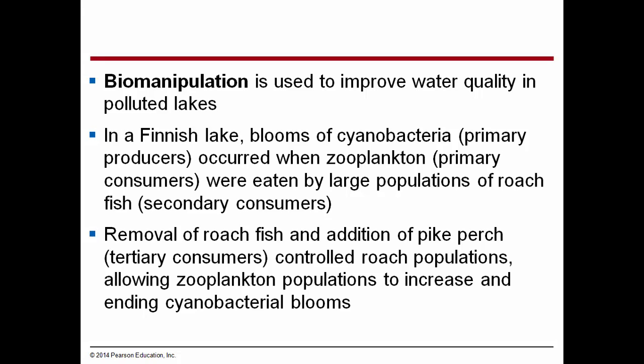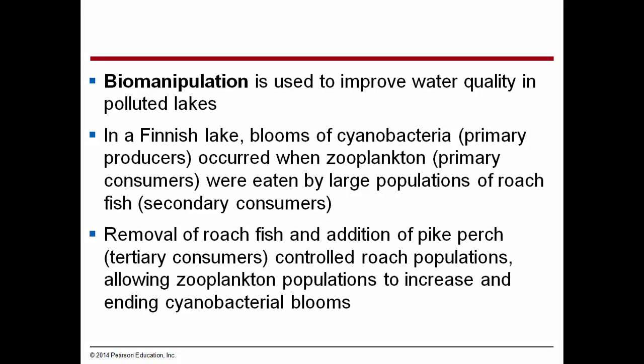So let me give you a little background about this. In the 70s, there was a wastewater spill that killed many of the fish in this lake in Finland. And when the lake came back on its own, it came back with these secondary consumers, but no tertiary or quaternary consumers. So it just had these fish that ate the zooplankton. Well, the fish ate the zooplankton, and they were very good at it. And the zooplankton would have eaten the cyanobacteria, the phytoplankton, but instead the phytoplankton grew out of control because there was no zooplankton, because the roach fish was eating the zooplankton. So this caused the bloom in the